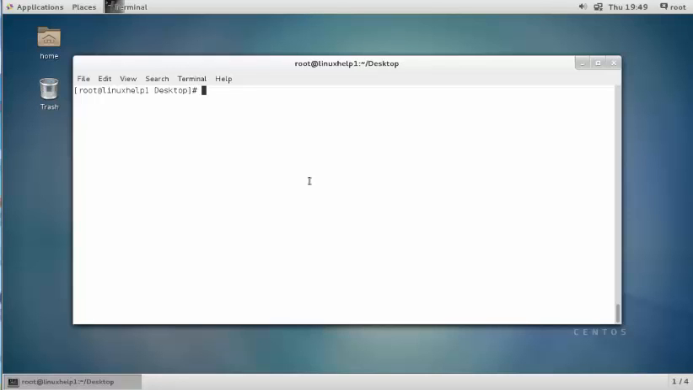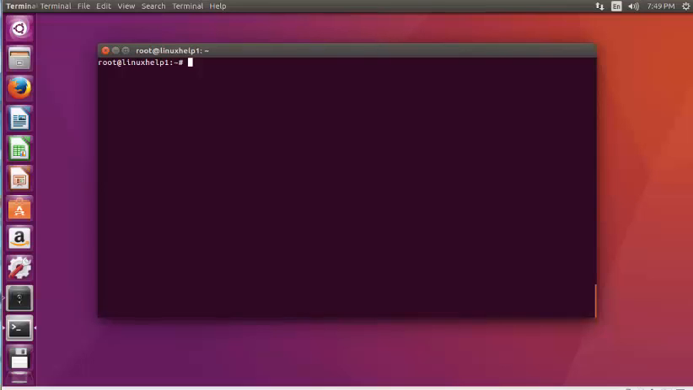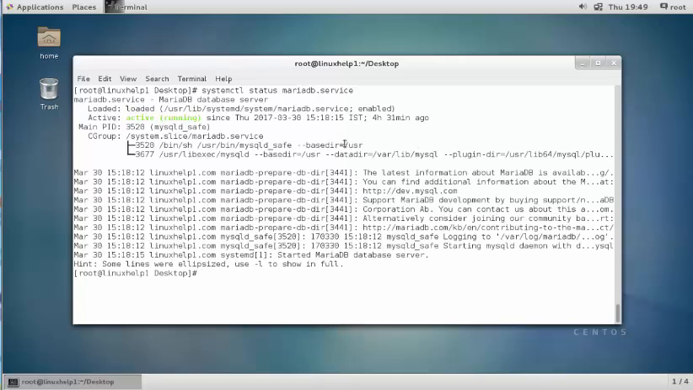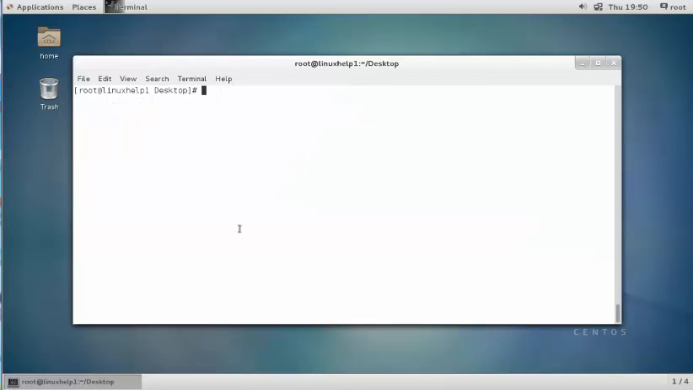Before configuring the setup, you should install MariaDB on all three machines. I have already installed the MariaDB package on all three machines. If you want to check the status, type systemctl status MariaDB. It's running. Now another main concept is you should configure the MariaDB port in the firewall service by typing